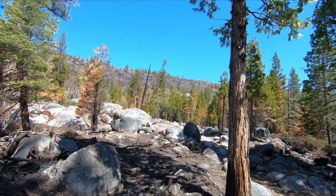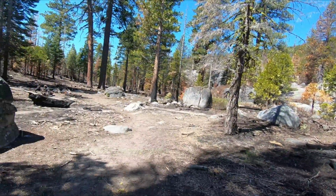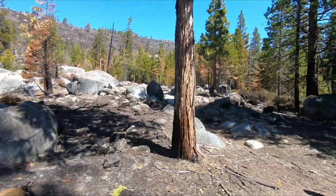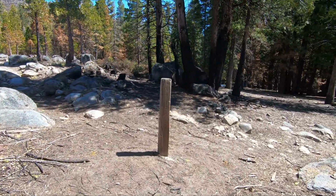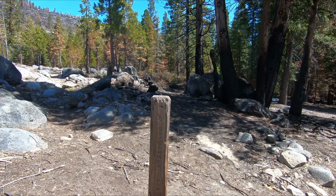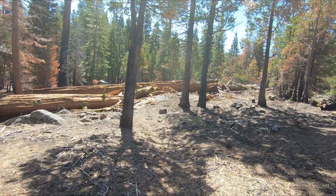Look at all that lightning strike. They must have had a hell of lightning come through here this last winter, because there's a bunch of burned section right there too that they cut through. Anyway, I don't know if you can read that post, but it says 1/2 mile to Government Meadow to the right. Okay, about 60 seconds later,